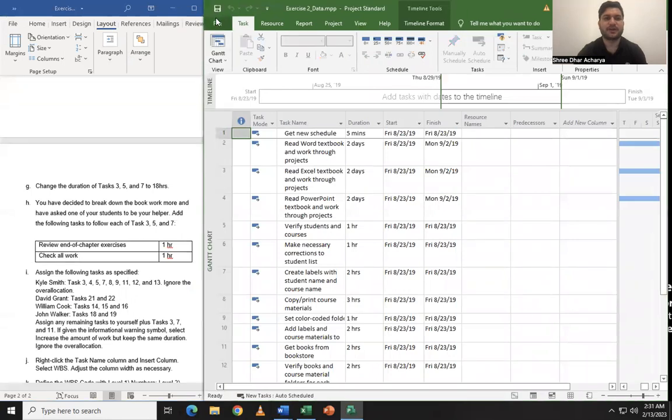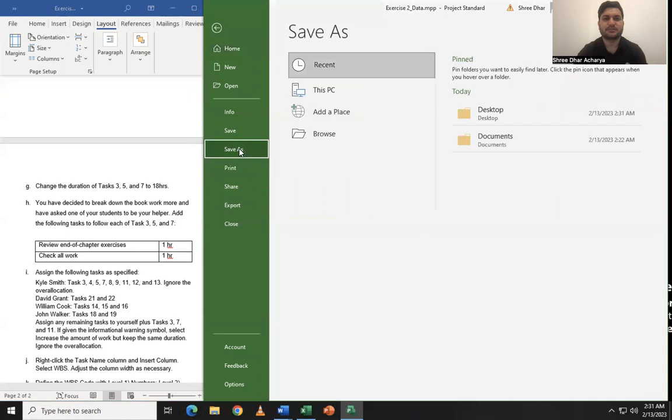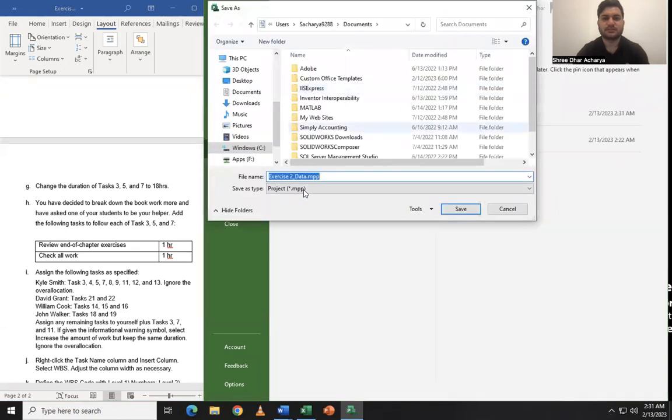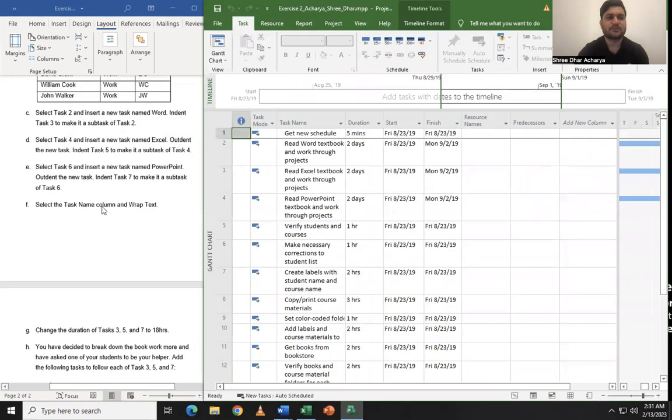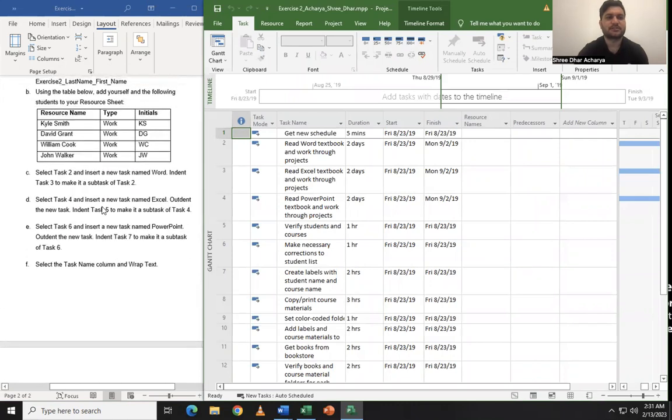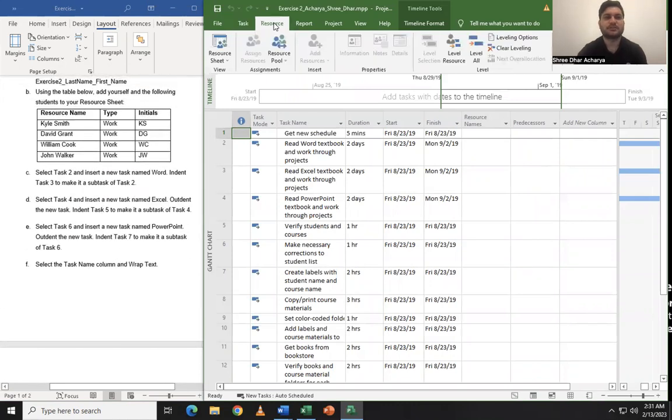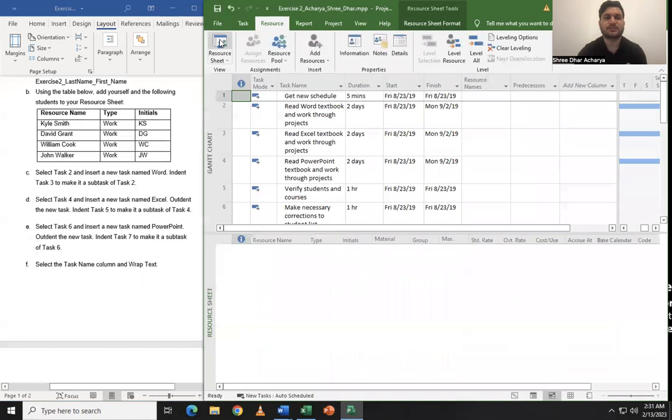Let's save this file. The file naming convention is exercise2 underscore last name underscore first name. Save. Moving on to the next point, we have to create a resource. So click on resource sheet,